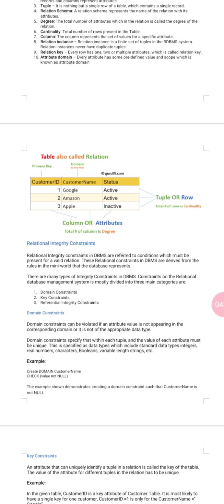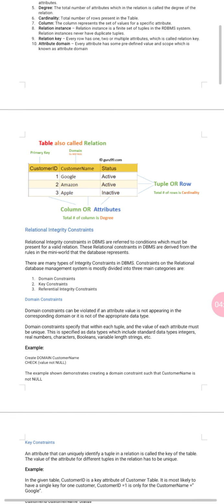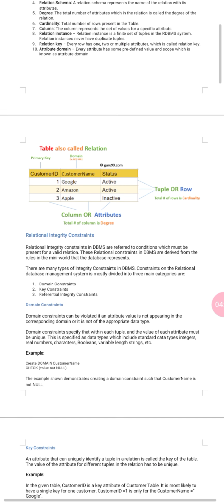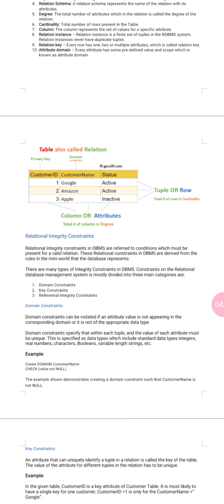The total number of attributes in the relation is the degree of the relation. Clear? Next is cardinality. The number of rows present in the table is called cardinality. And column. The column represents the set of values for a specific attribute.